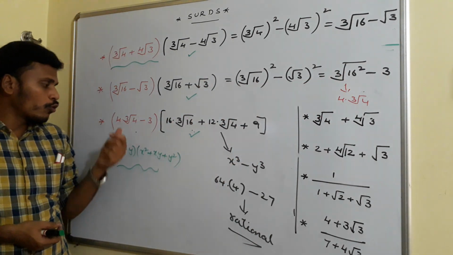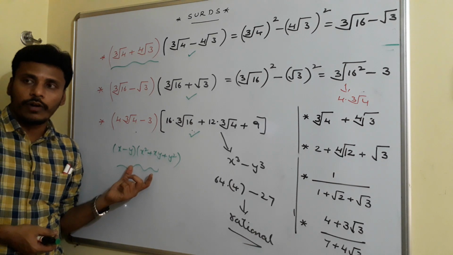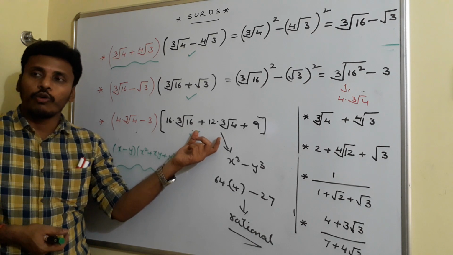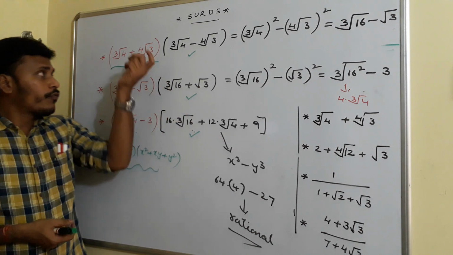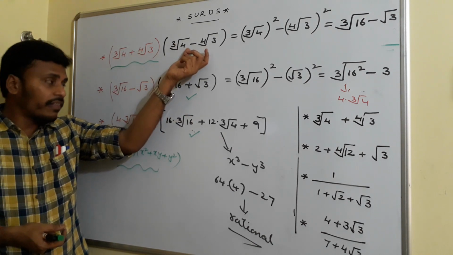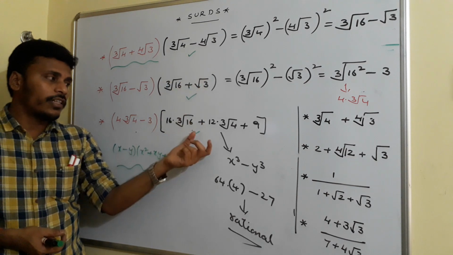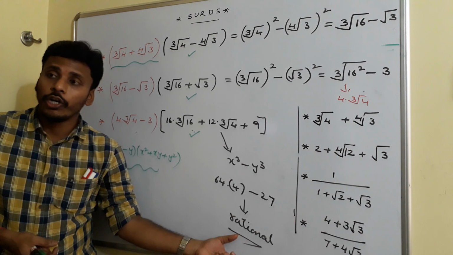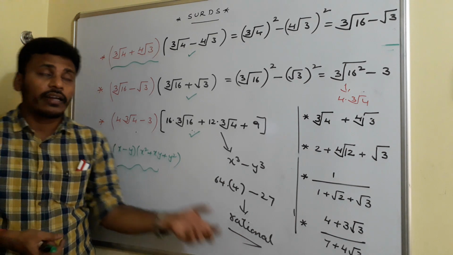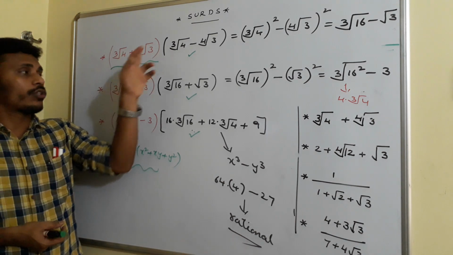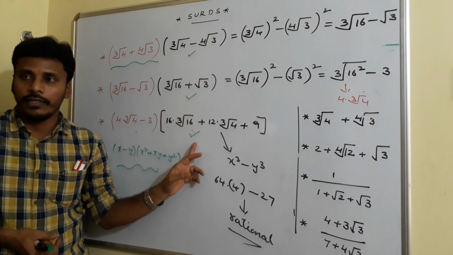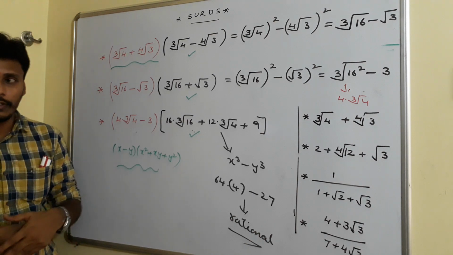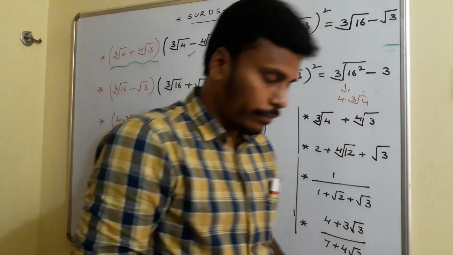To eliminate the cube root, you just think about the x cube minus y cube formula. According to that, this is the term we need to multiply. So at the end, if this number is multiplied by this, and then by this, and then by this trinomial, at the end you will have a rational number. So finally, what I am going to conclude is that the rationalizing factor for the given number cube root 4 plus 4th root 3 is the product of these three numbers. Just have a look and then go with the screenshot.